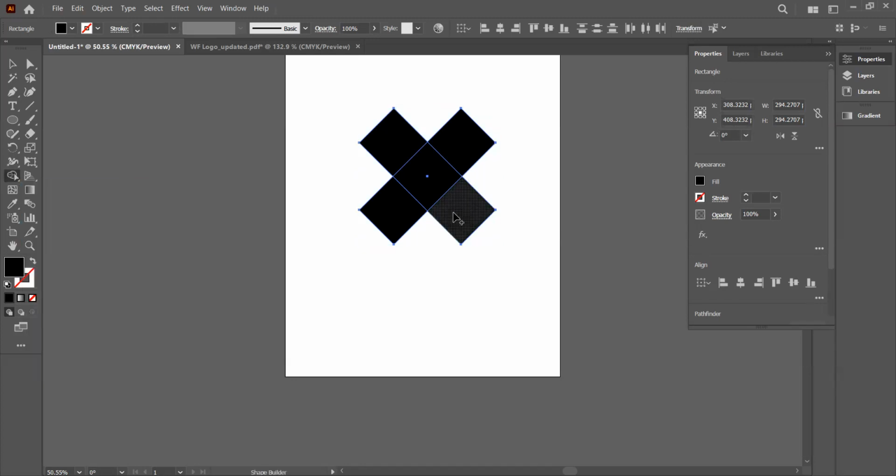Then when you hold your shift or your alt key on your keyboard, can you see? It's already plus, right? This means that you can use it to join everything together. You can use this shape builder to join shapes together or to subtract shape from another. So now, if you hold down your Alt, you see that plus has changed to minus. It means that you want to subtract that part from the rest. Then you left click on your mouse. Can you see that it's gone?